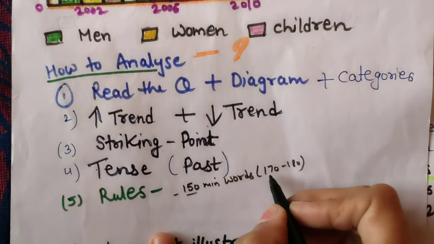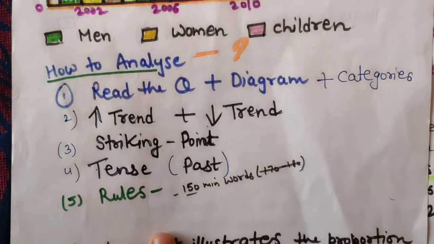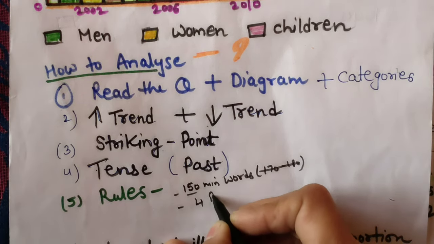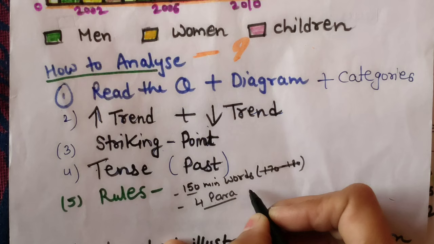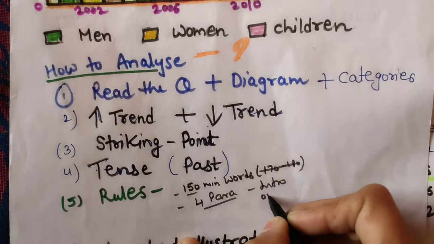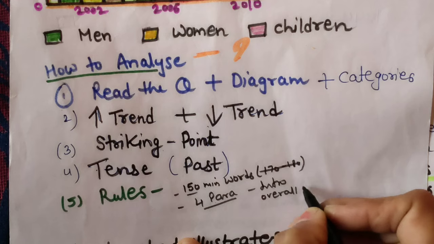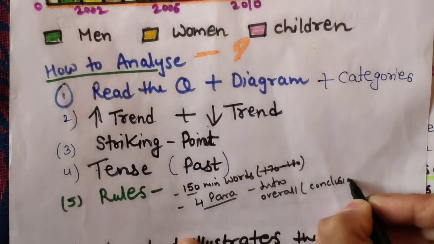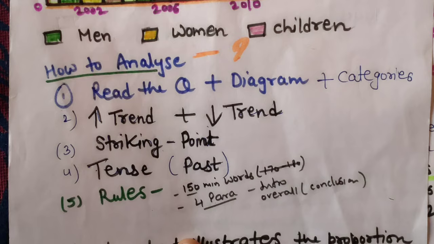There is no maximum word limit. And 4 paragraphs if possible, please make it. Which paragraphs? First will be the introduction, and second will be the overall paragraph. Overall, just keep in mind that you are writing a conclusion kind of thing, but at the end or in a summary you can't